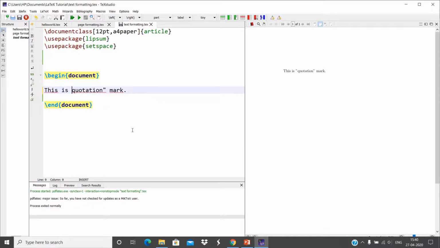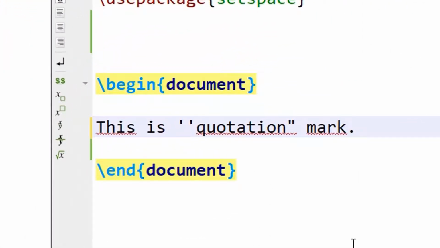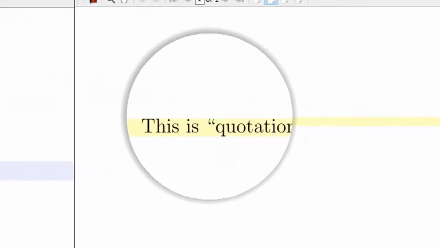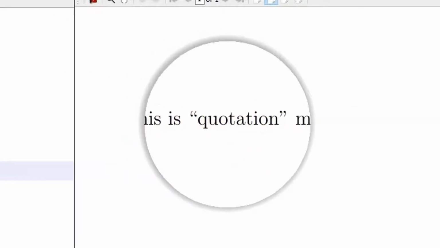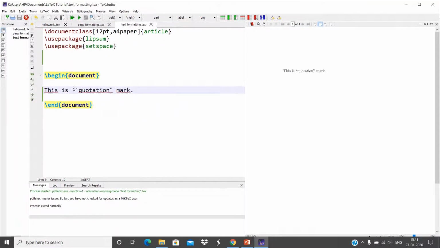To specify the left quotation mark, instead of double quote, use two back quotes. Now let us see how this gets typeset. Now as you can see, this is now showing properly. So this is the way to display or typeset quotation marks in LaTeX.